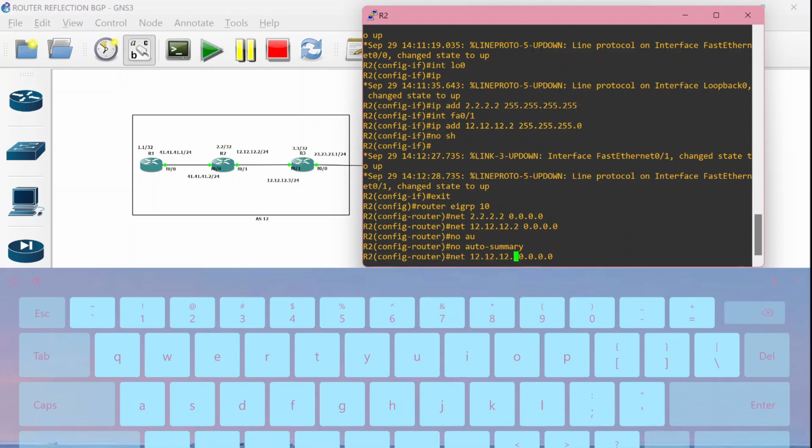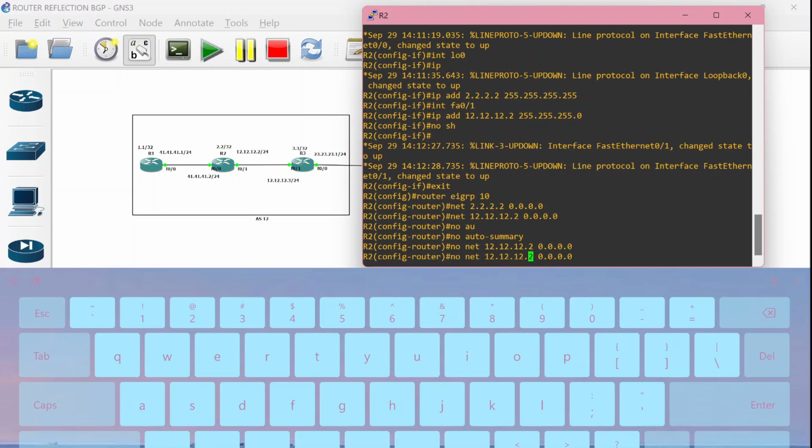And don't forget to enter the IP loopback, because it is important to make the BGP route reflector.